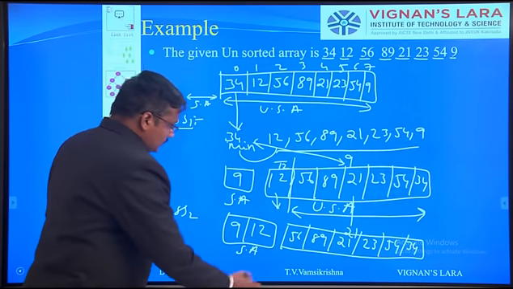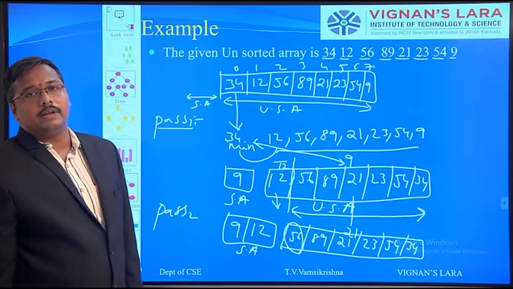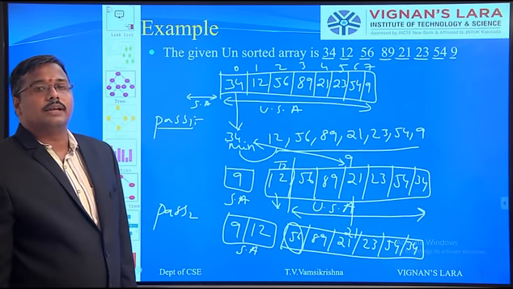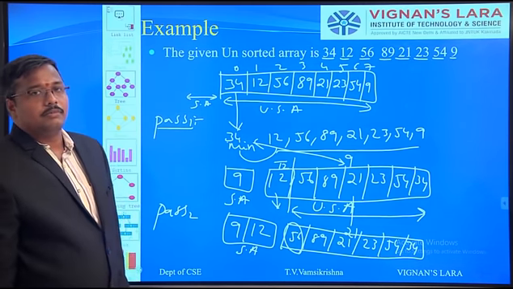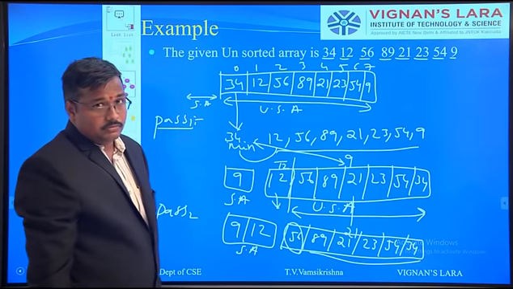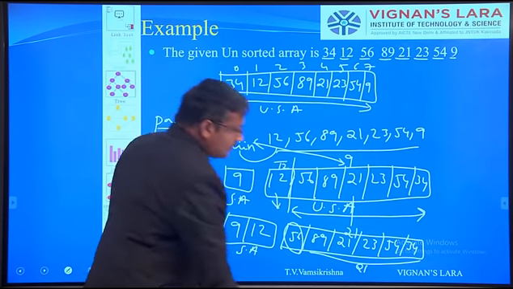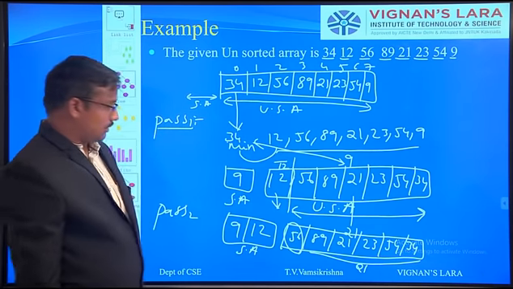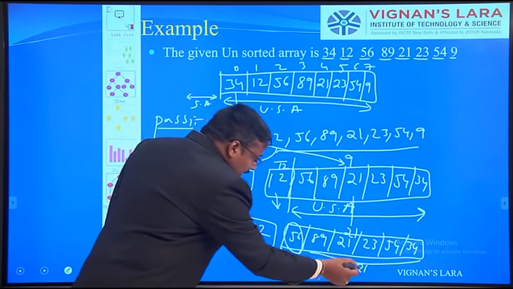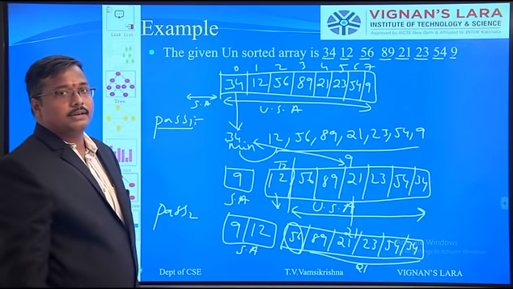In the past three cases, we are identifying the next subsequent element, assuming that 56 is the minimum element. In the rest of the elements, we need to find the minimum element. So here the minimum element is say 21. Comparing 56 and 21, 21 is the minimum, so these two are swapped.